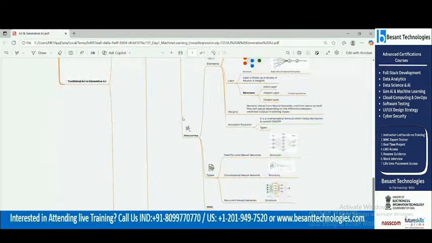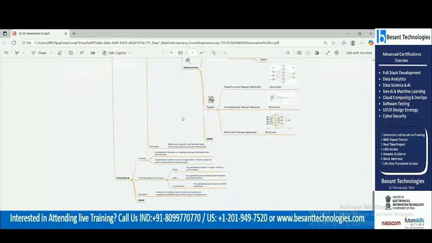Whenever you use generative AI, what data set will you use? Now you are very clear with the AI data sets, right? What all data sets you are using. In generative AI, you are only focusing on how to create new data. You are not going to analyze, you are not going to predict.